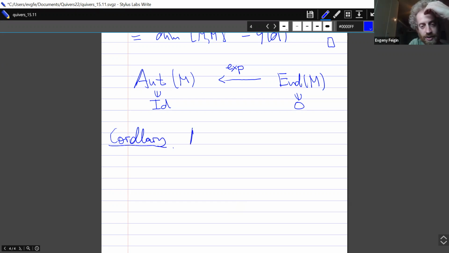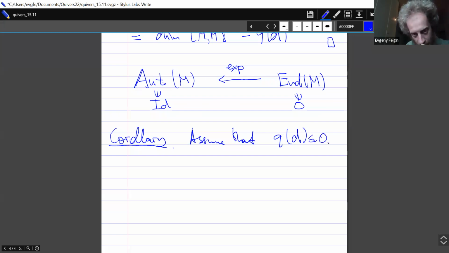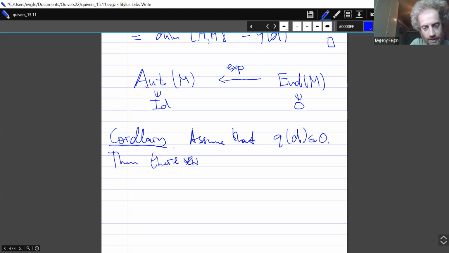Assume that q of d is less than or equal to 0. Then there exist infinitely many